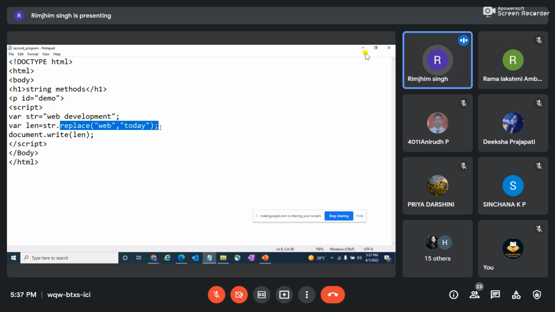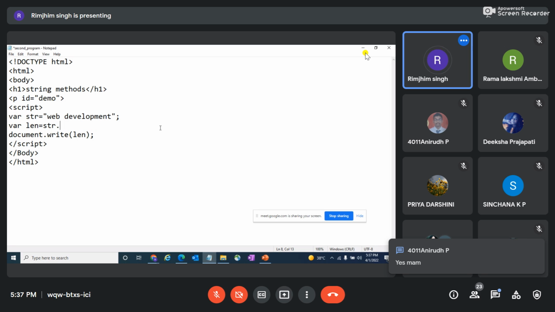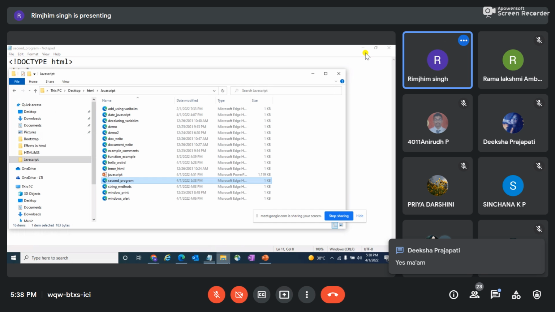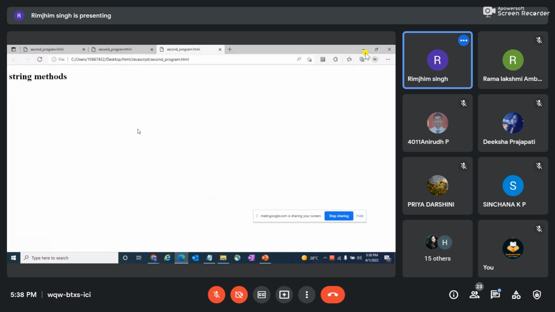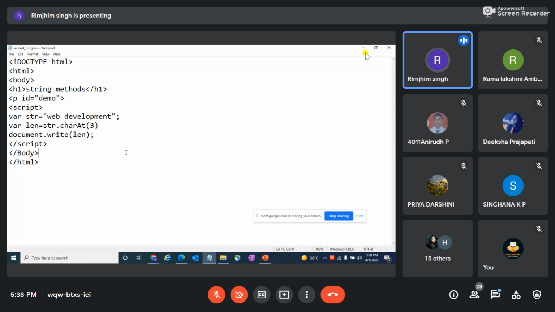So the next function which I'll be covering is, let me just remember. So yeah, we can also find out the position of a particular character in my string. So what I'll do is str dot charAt. Here my A is capital and then T is again small. So let's just find out what is my value at 3. Okay, and then again I'll be printing my length. This is normal. Control S. I guess I missed something. charAt 3. Okay, I missed the semicolons.